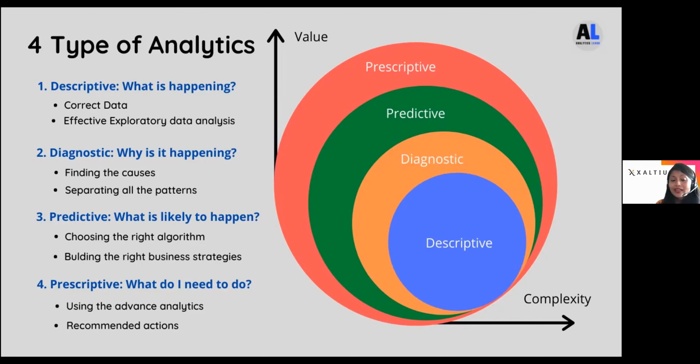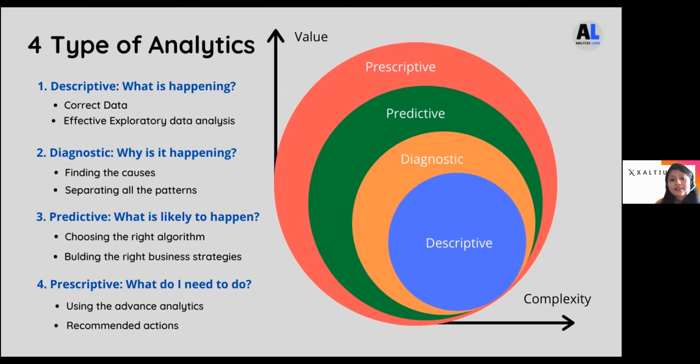The next type of analytics is diagnostic analytics, where we try to figure out why something happened within the data. For example, if you are working with retail data, sales data, you try to see what has happened within the data, whether the sales performance has gone up or gone down. If it has gone down, you try to figure out why exactly the sales have gone down over a period of time. So you diagnose the problem, and that is a little more complex and adds a little more value to your analysis.